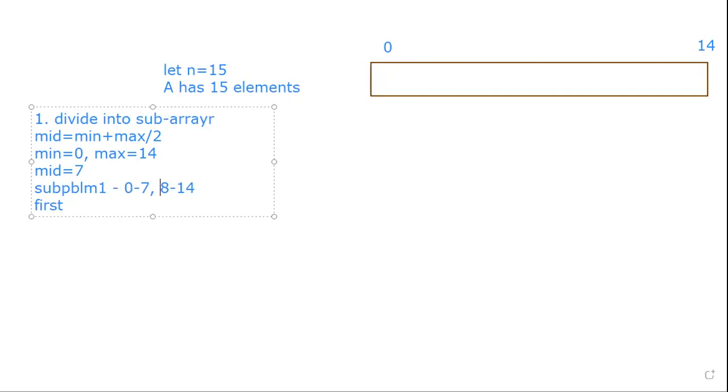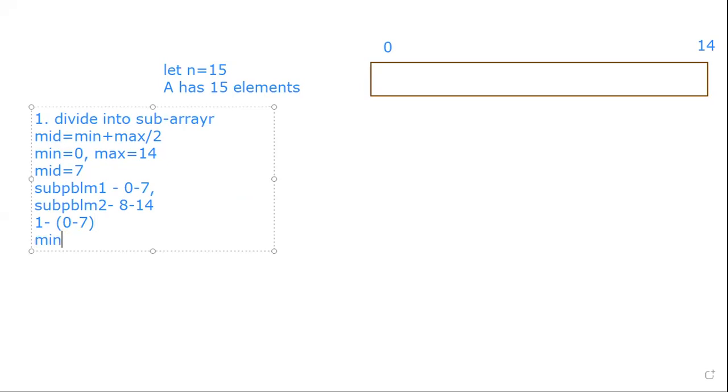Make it as sub problem 1 and sub problem 2. Then it will be easy for us. Okay, sub problem 1 and sub problem 2. So this is the first one. I make it as 1. So 1 is having how many elements? It is having 0 to 7, so it is an array of elements. What we need to do? We need to divide that one.